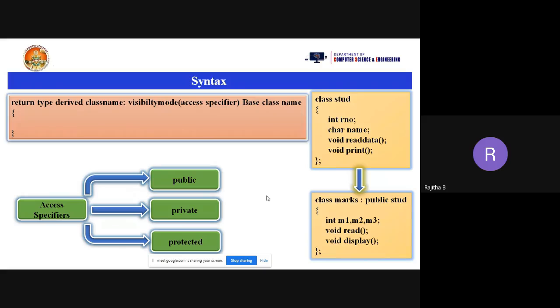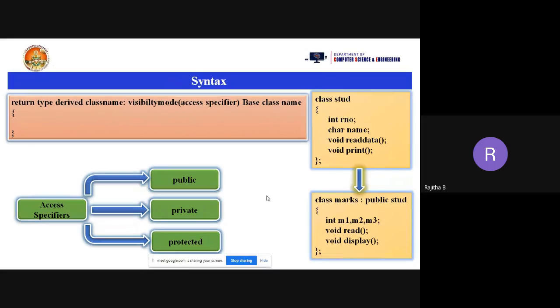If you are taking structures and classes in C++, we have one more difference here. We cannot inherit the properties of one structure into the other structure. But with a class, we can inherit the properties of one class into the other class. We don't have the inheritance concept in the structure. We have the concept in the class only. Is this clear? Yes, ma'am.